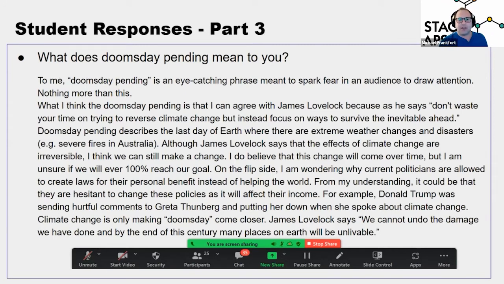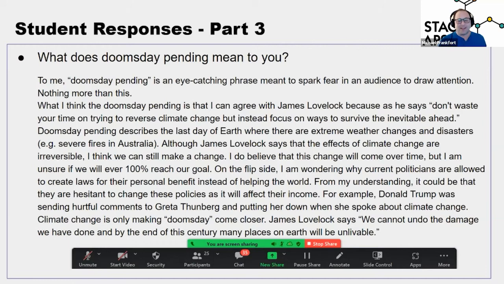This is, again, a question that I asked the students in terms of what is the word doomsday pending. And you can see here that one student, again, it's the same student. I love these responses. To me, doomsday pending is an eye-catching phrase meant to spark fear in an audience to draw attention. Nothing more to this, right? And then I have another student who's talking about, don't waste your time in trying to reverse climate change, but instead focus on ways to survive the inevitable, right? And then another student who was, I think, talking about Greta Thunberg at the end,